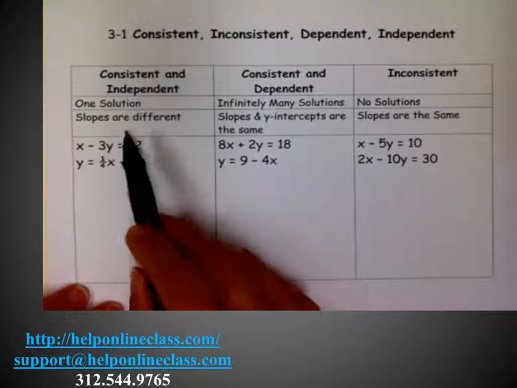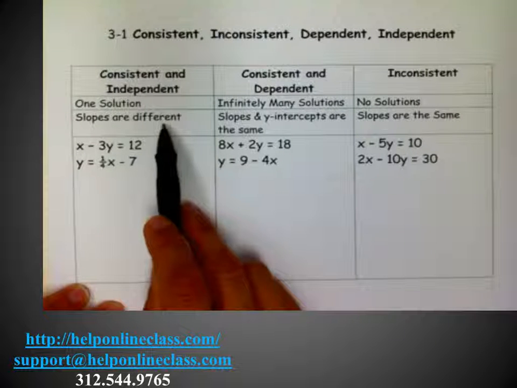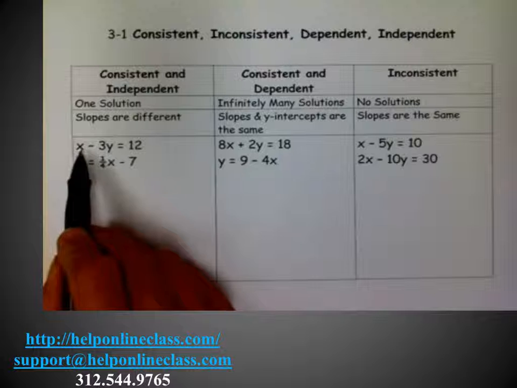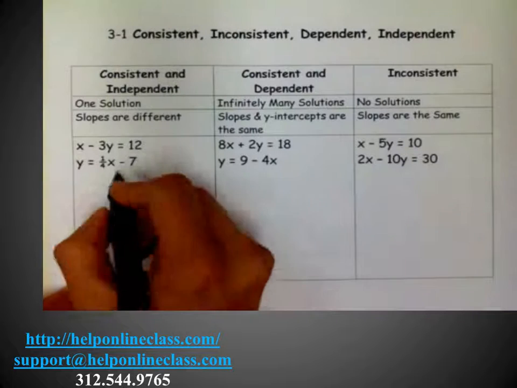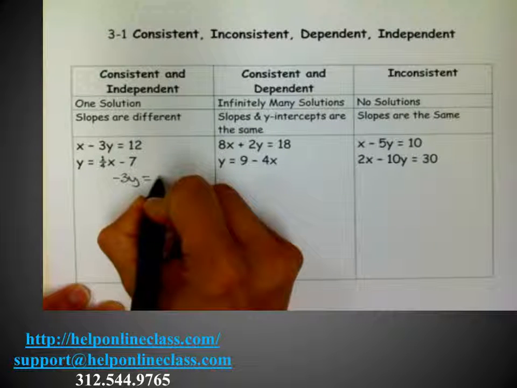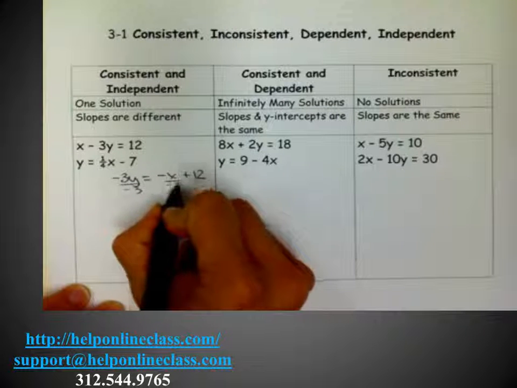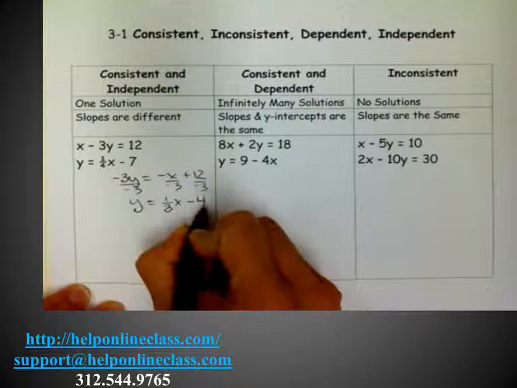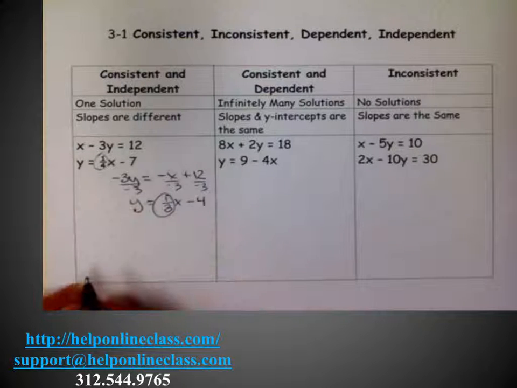So when you have a consistent and independent linear system, you have slopes that are different. Well, sometimes if you don't have to graph them, you could just solve this for y, which means we're getting it in slope-intercept form, to see if the slopes are different. So to do that, I would have added x to both sides, so I would get 3y equals negative x plus 12. I would have divided by negative 3, and once I do that, it's going to be in slope-intercept form. And now I can see that the slope in this line is 1/3, the slope in this line is 1/4. That means they actually have a solution, and one solution.